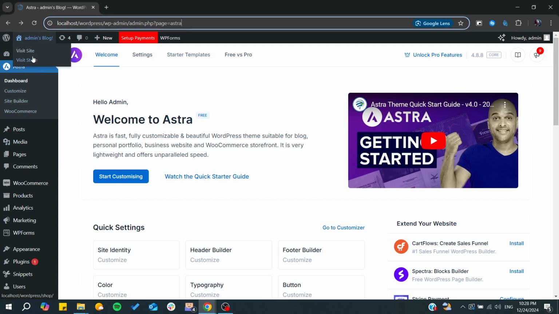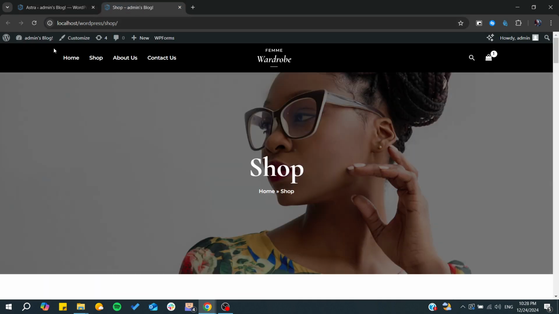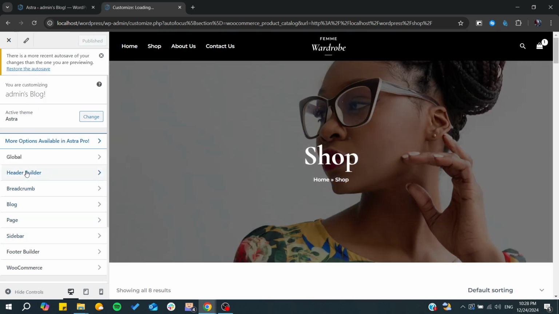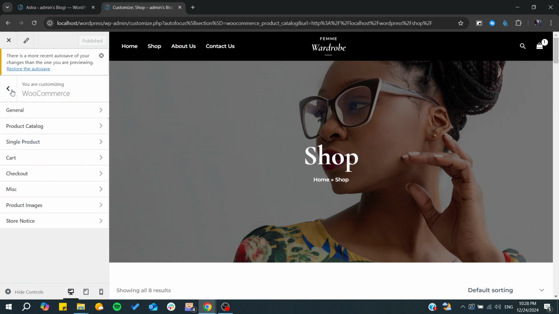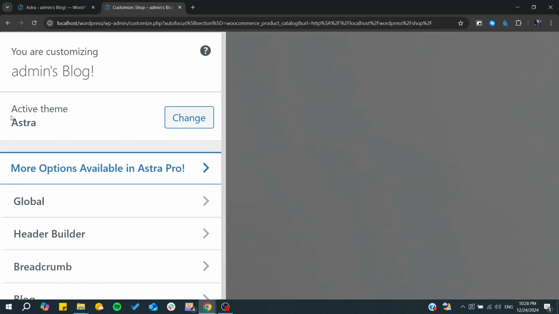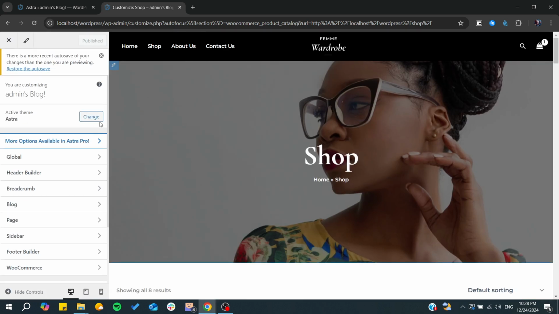then you can go, for example, to your store and you will need just to customize your page. So either you can customize with Elementor or WordPress block or anything. You will need just to go to your customization, and as you can see my active theme is Astra, and of course you can change your theme, and